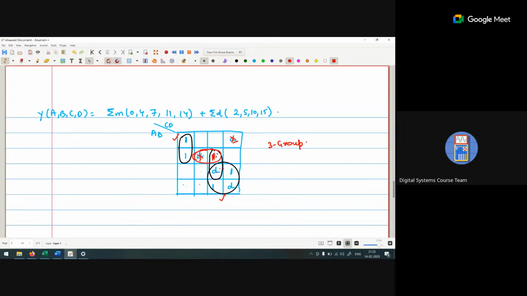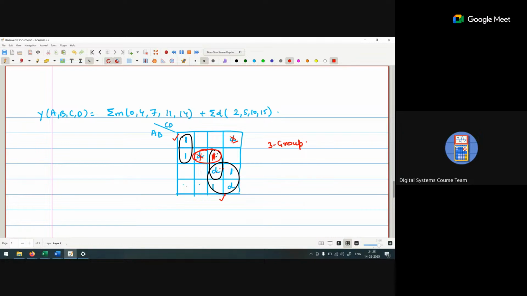There is no free min term there, so why should I create more groups? That's why I put a red mark. What is the meaning of the red mark? Either I can use the red one or you can use the vertical one, but only one group